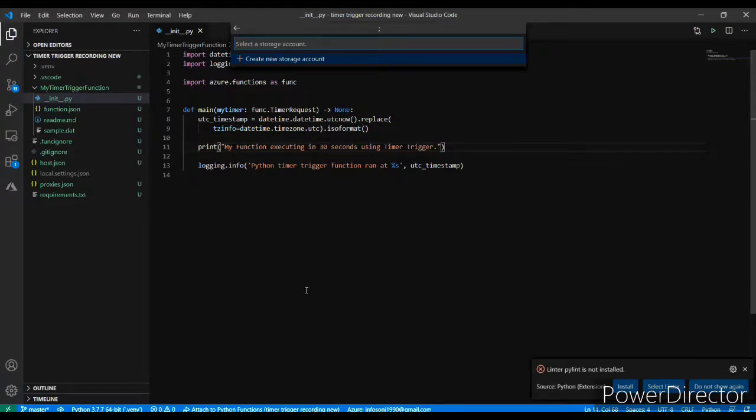So I am giving a name to my storage account.